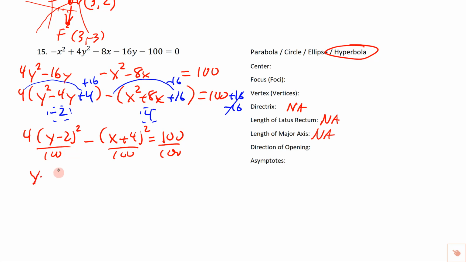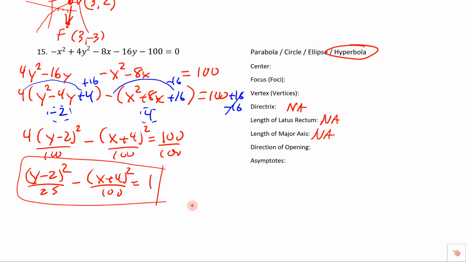We have y minus 2 quantity squared over 25 minus x plus 4 quantity squared over 100. Nothing changes there, and then we've got the 1. So this is the right equation in a nice graph-friendly form. And from there, we can identify